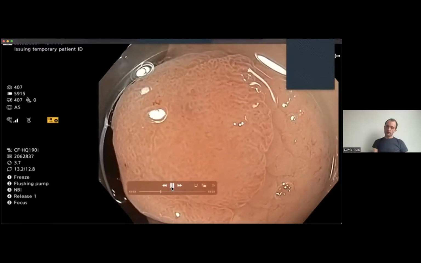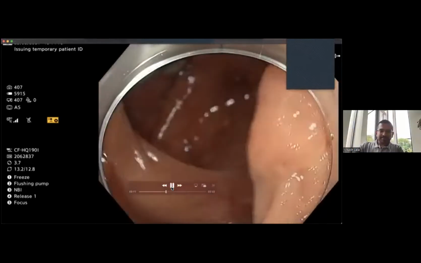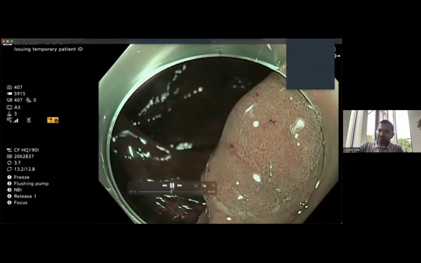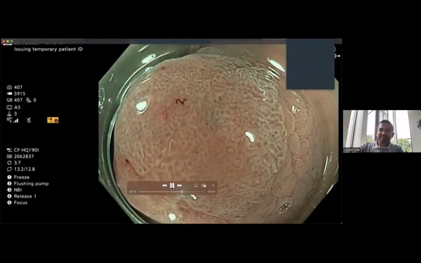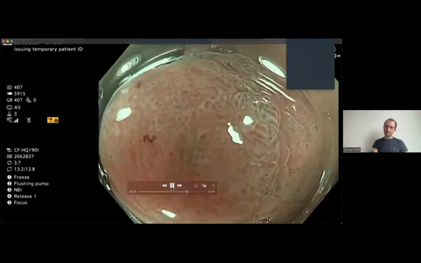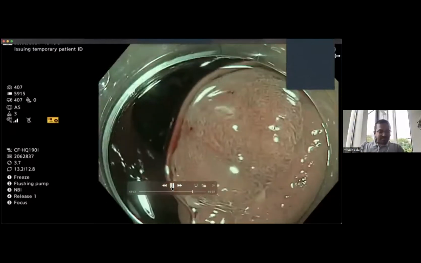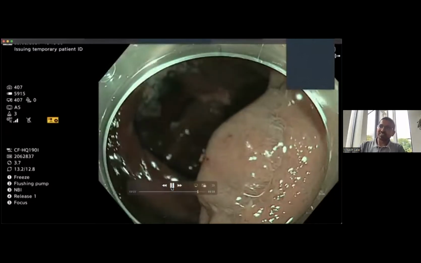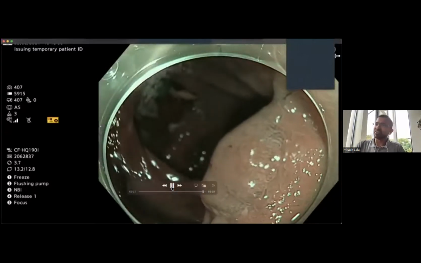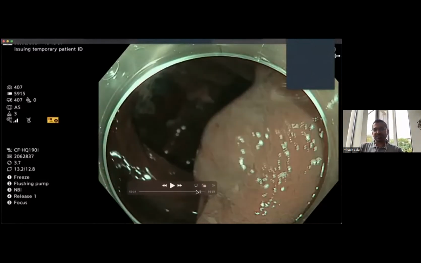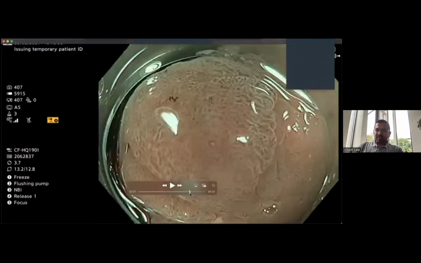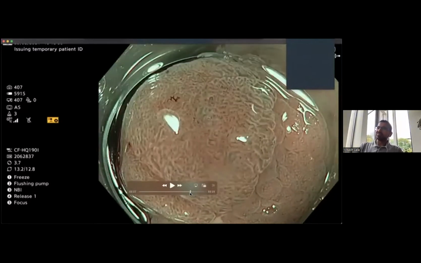So you said a load of very important things there, Vikash. But are they easy to interpret, the things you said there? You said it was non-granular, didn't you? So it can be quite challenging, especially the granularity. And I think David has done some work showing that that's the most challenging part for endoscopists to determine, whether it's granular or non-granular. But I think in these very small lesions, it might be less relevant, but certainly something that you want to look at.